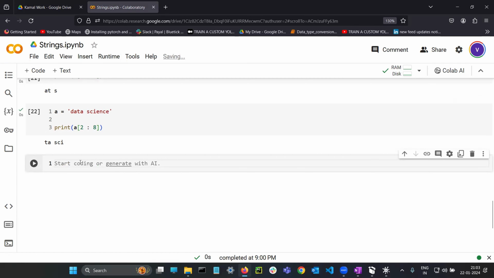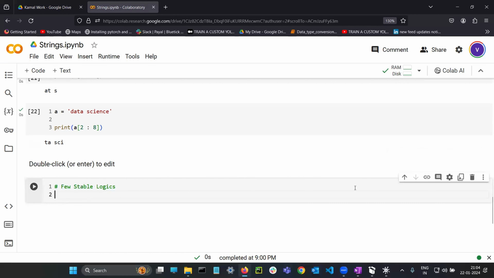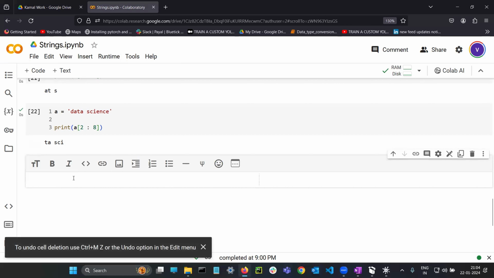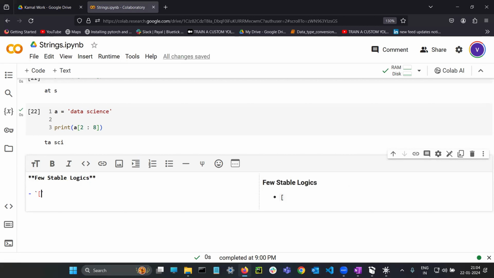Next, there are few formulas. I mean, few perfect logics, or we can say few stable logics. What are the stable logics? Let me write here. Few stable logics. What do stable logics mean? The first logic is